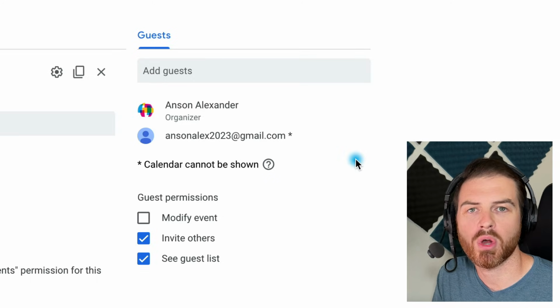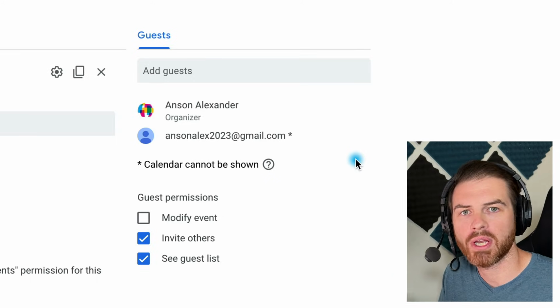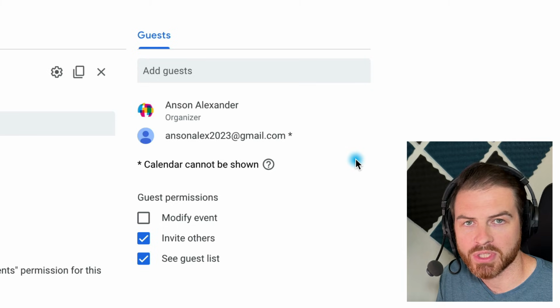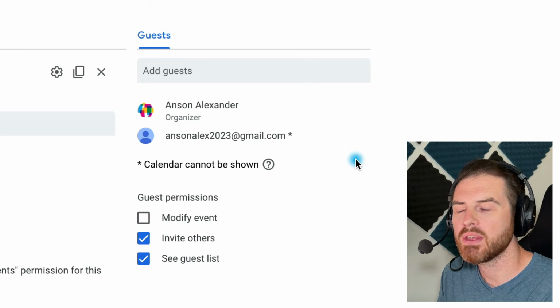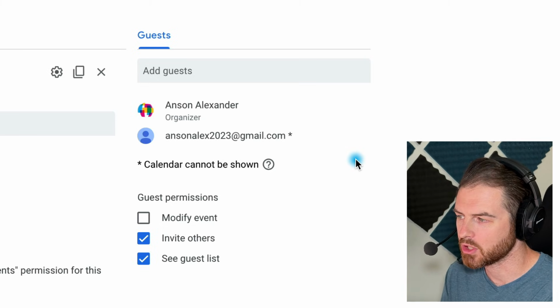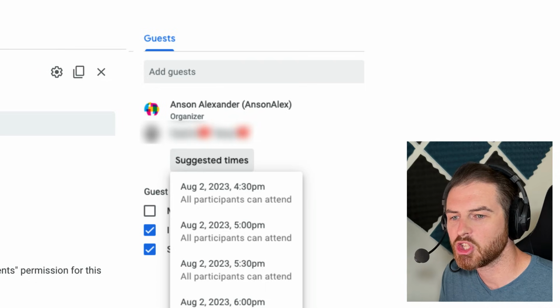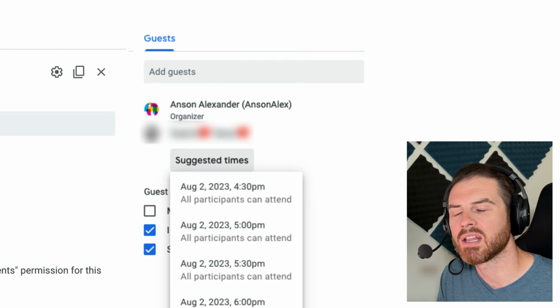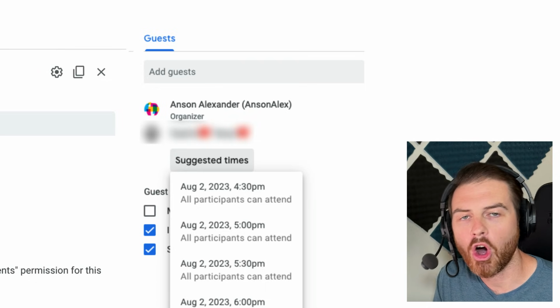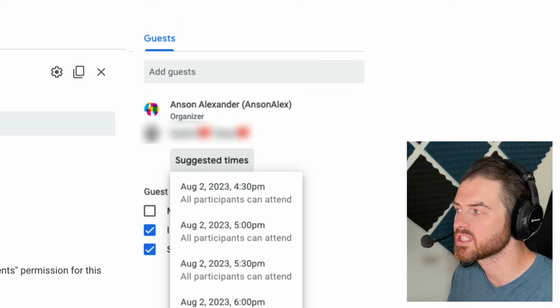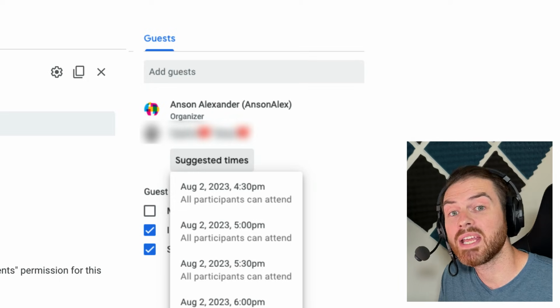However, if you work for an organization and you all use Google Calendar, or if you have shared calendars with somebody in your family, when you add them to this event, you'll see a different option here, which I'll show on the screen now, that says suggested times. And if you click on that, it will check and make sure that all of your guests are free during the time of this event. And it will try to find a free slot.